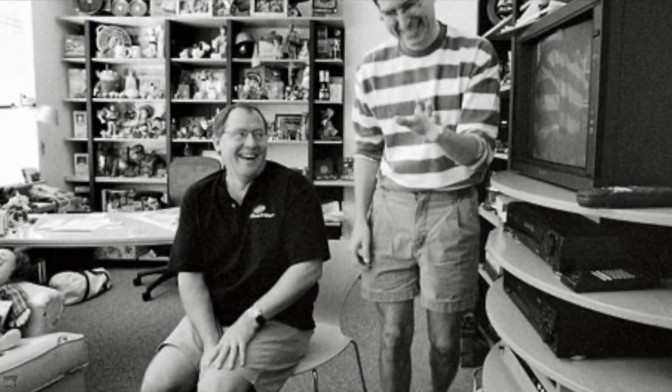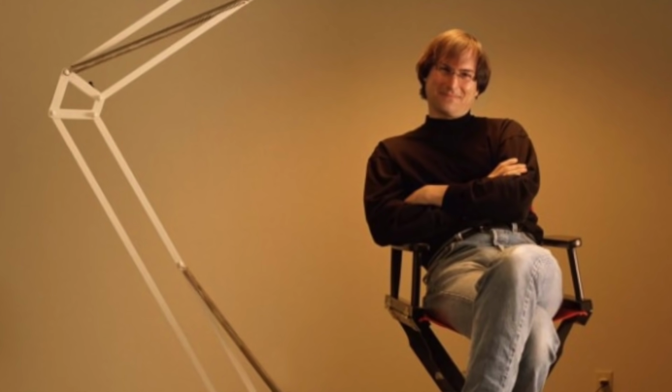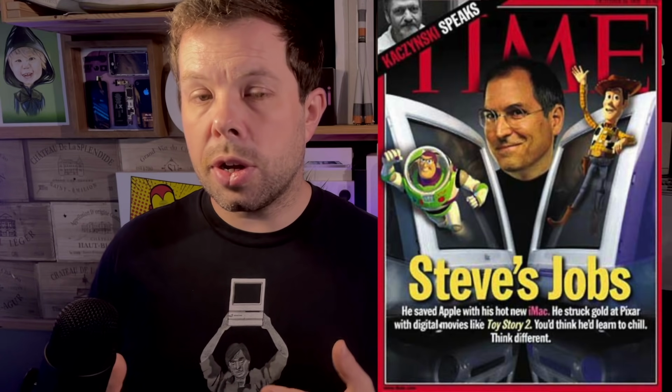But Steve didn't have most of his impact on the world just while he was at Apple. When Steve left Apple, he was kind of forced out of his own company at the time. He went off and funded Pixar. So Pixar at the time was the graphics group from George Lucas's LucasFilm company. He funded it with his own money until they were able to get a deal with Disney. They got a production deal for 3 movies with Disney for $26 million, which of course started with the iconic